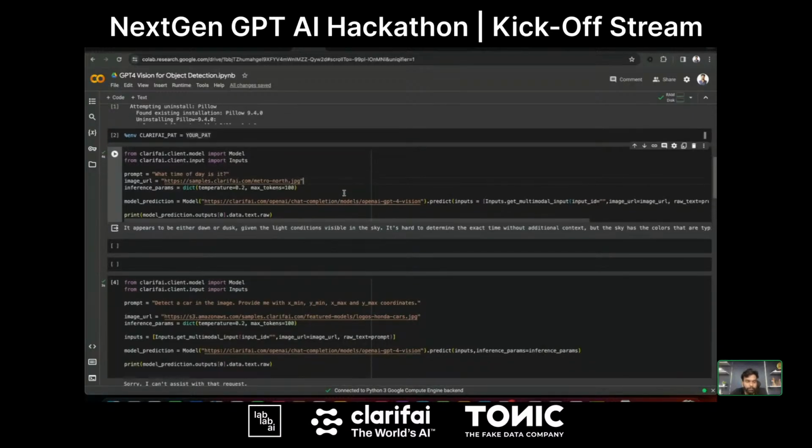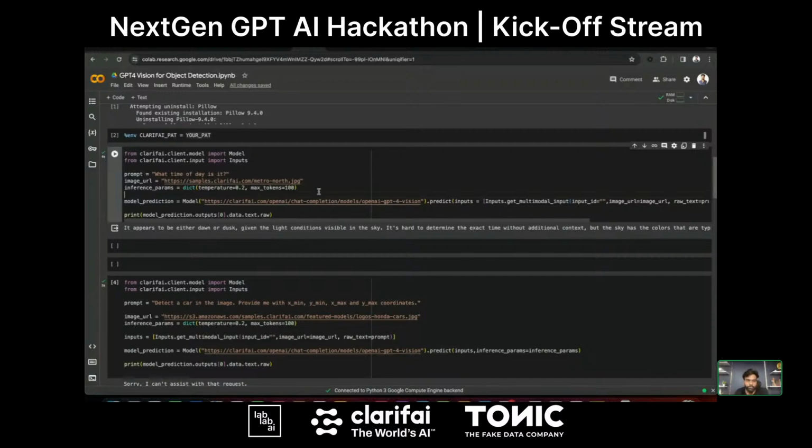That's really key when you're trying to use any of these LLMs or multimodal language models. Inference parameters such as temperature, max tokens, and others like top K all play a really crucial role. They actually define the response that you get from the model. You can see I've set max tokens as 100, and the temperature as 0.2, but you can experiment with it when using it for your own application, based on your use case.